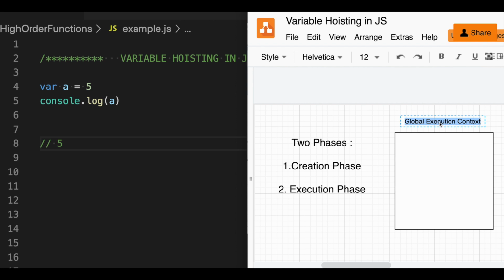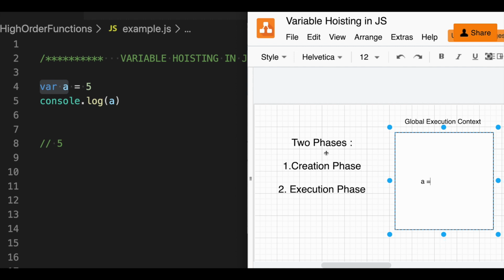When JS runs, the global execution context is created. In my global execution context, the first phase is the creation phase. In the creation phase, only my variable declarations would be acknowledged. I see that var a is a declaration, so I'll allocate memory for a.